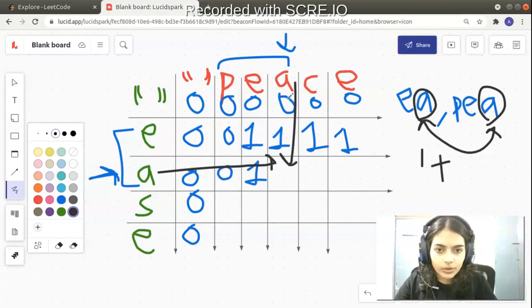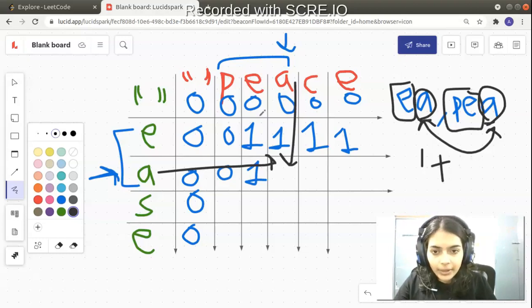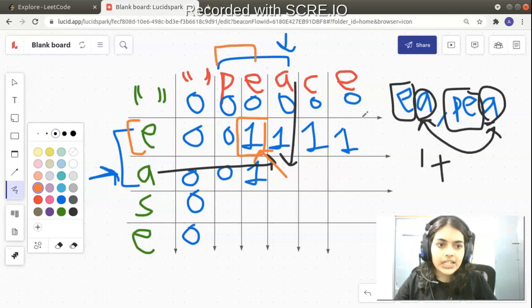We're looking at this row and this column. You have seen that A and A are common, and previously you already had some characters common between E and P. How did you have that? Let me mark it with a different color: at this particular box in the DP table, you already knew between E and PE how many characters are in common. You know that between E and P, E is common. Already one character is common.